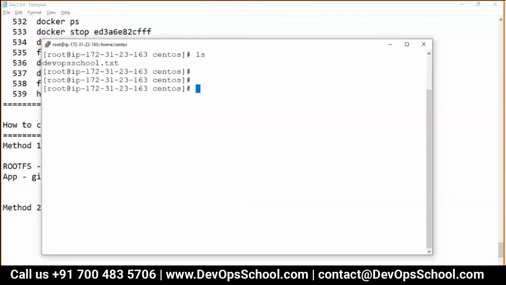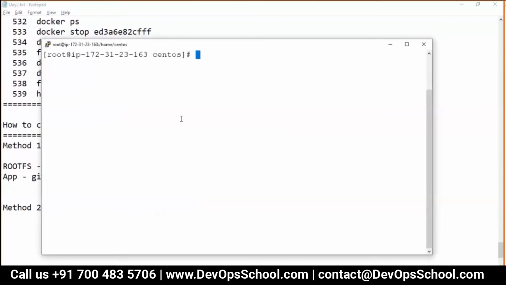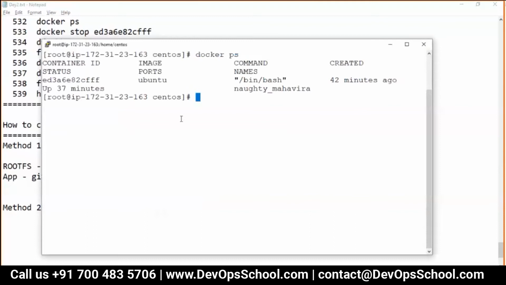So let's get started. Do I have any containers? I'll do the clean stuff. There's one container lying around, but for the demo I'll show you the clean stuff.